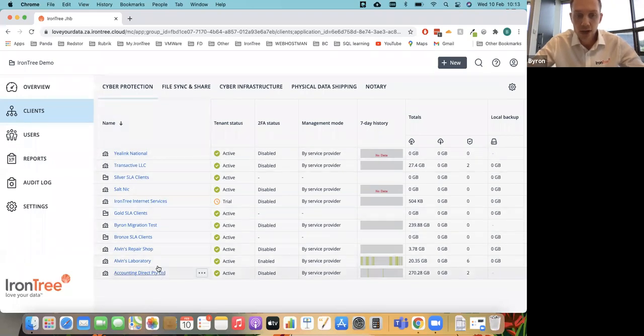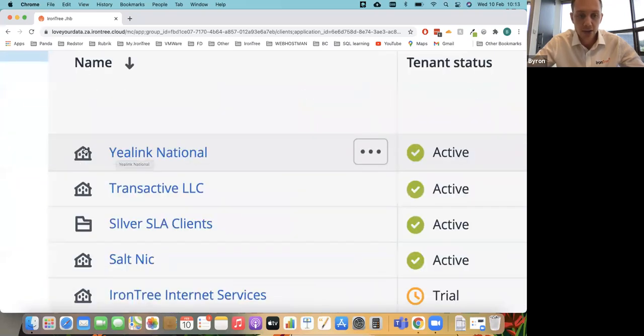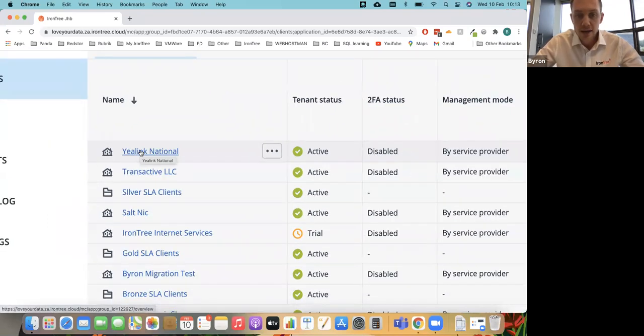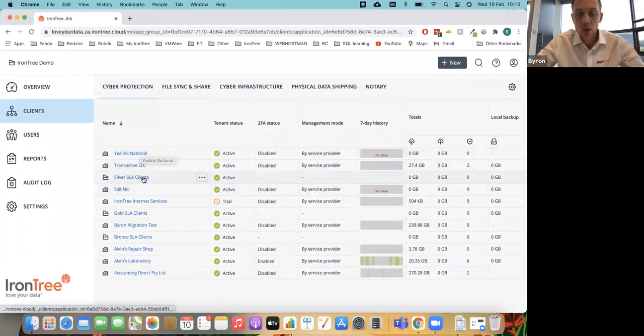will then list all of your clients down the middle. Now, we can see that these are individual customers based on this icon here, which is the small house that represents a single customer. Now, further to this, we can categorize our clients according to, in this case, different SLA levels. So I can create a folder of my own accord and then chuck all of my clients that fall into that category. So you can start to manage your clients that way as well. You'll also be able to see if it's an active account or if it's a trial account, if it's just